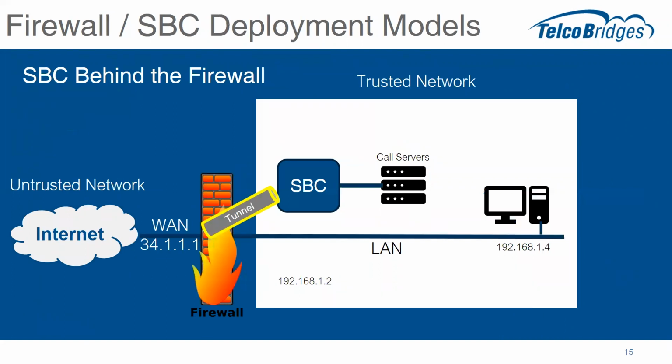All right, so what we want to do then is talk about some of the deployment models that we see typically in many networks. This diagram here shows a deployment model where an SBC is used behind an existing firewall. So this might be an enterprise deployment, it might be a moderate-sized service provider, but it's somebody who's already got an investment in a firewall or would like to pass their traffic through the firewall and then connect not only to their LAN but also potentially to their call servers. And Luke, why don't you explain what this tunnel is and what this is all about?